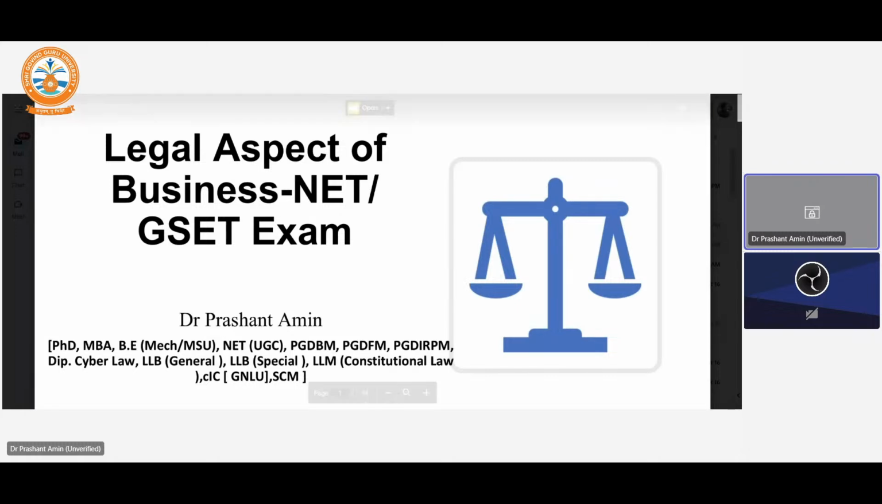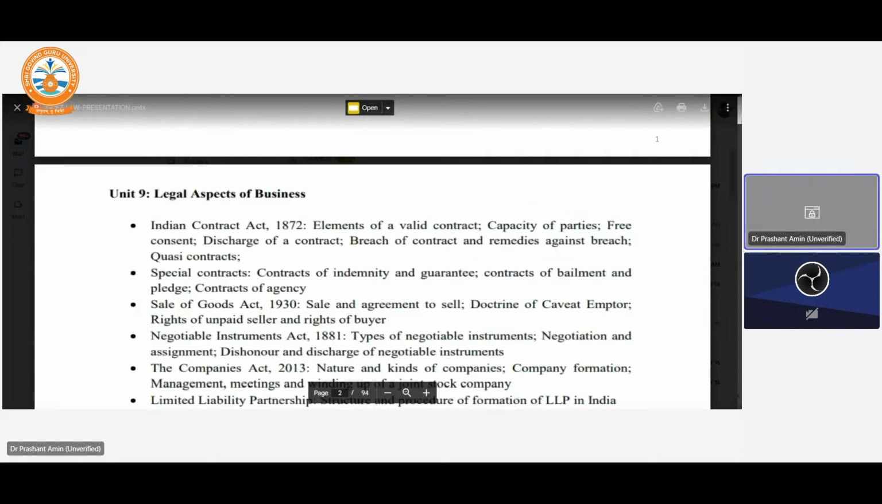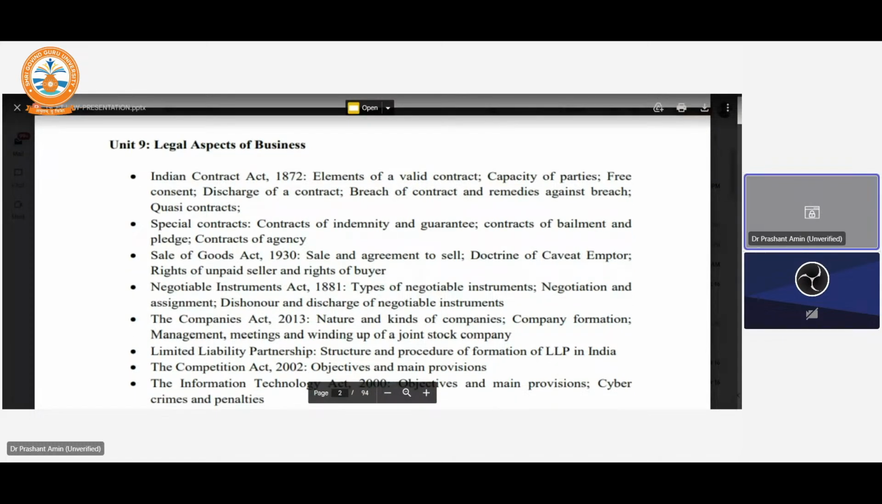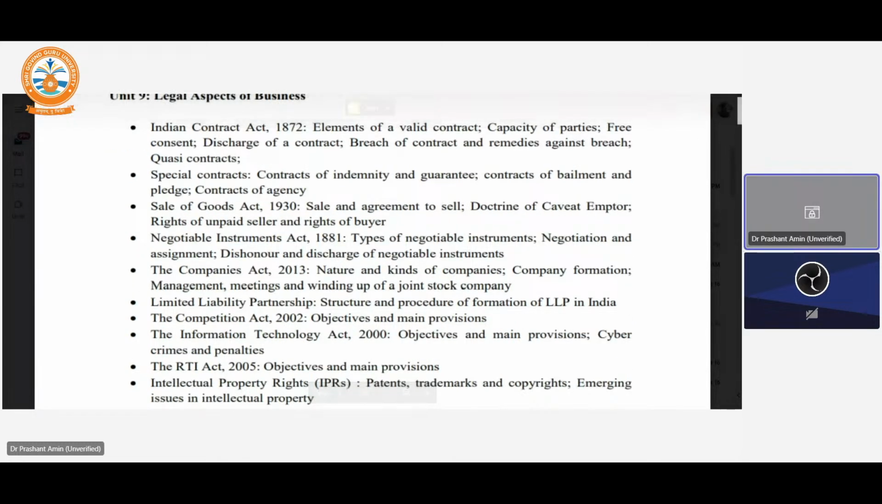So I am going to the second slide, and this particular slide displays unit number 9, in which, as far as this GSET examination is concerned, it covers the Indian Contract Act 1872, elements of the contracts, then special contracts, Sales of the Goods Act, Negotiable Instrument Act, the Companies Act 2013, which is latest, Limited Liability Partnership,